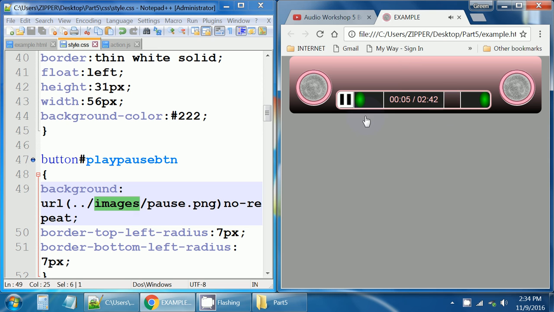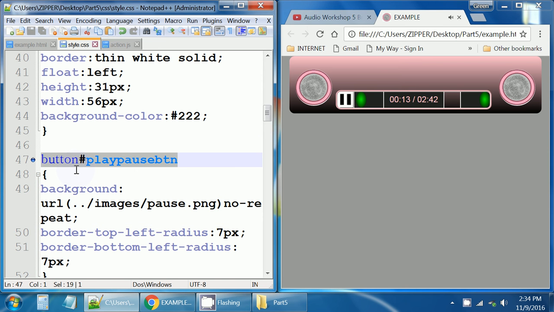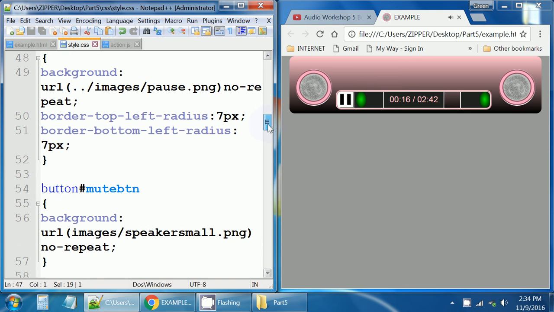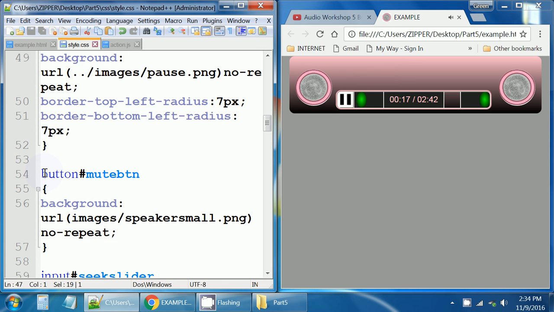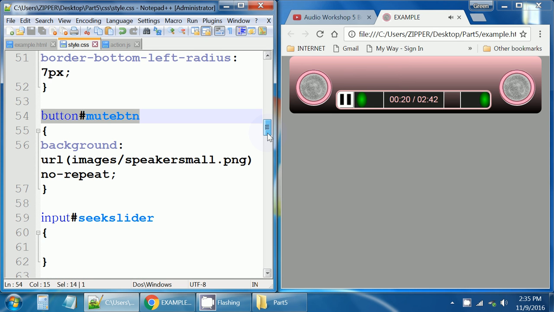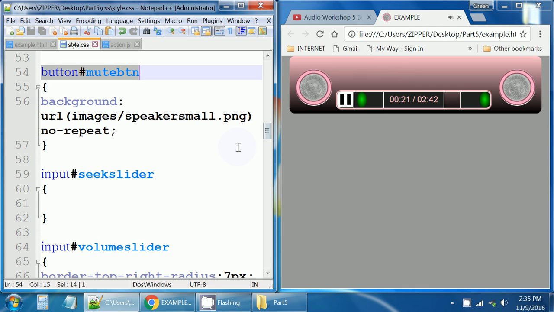Now I have to do the same thing for this button, which this over here on the left was the button with the ID of play pause button. Let's move down here. This is what we have to deal with now. Now we have to deal with the button with the ID mute button. And here again the background was pointing to URL straight to the images folder,